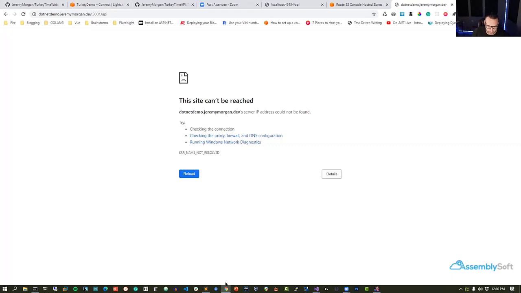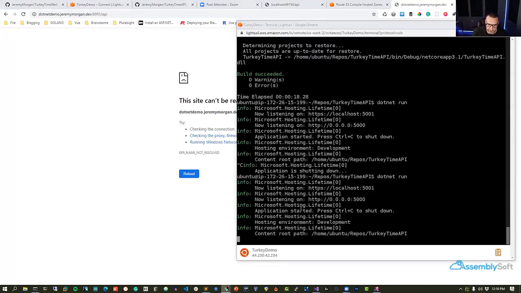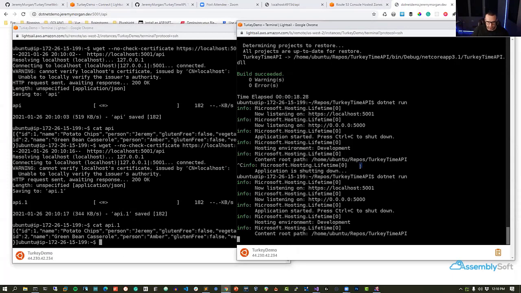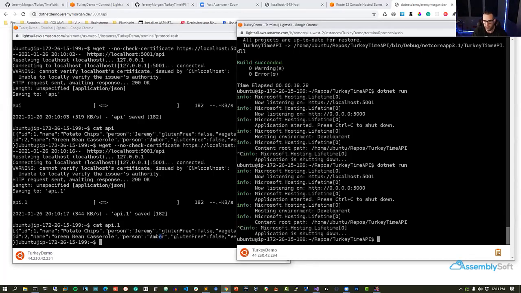All right, so we'll just go straight to throwing the certificate in there. So now that I know that this thing builds, I know that it serves out JSON, as I was able to prove here, then I know this is pretty much good to go where I'd like it. So now I want to turn it into a Linux service that's going to be running all the time. And so how we'll do that